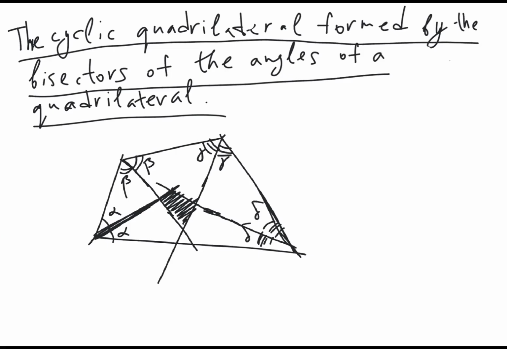The theorem basically states that this quadrilateral is cyclic. So if we denote the original quadrilateral as ABCD, and denote this internal one as MNPQ,